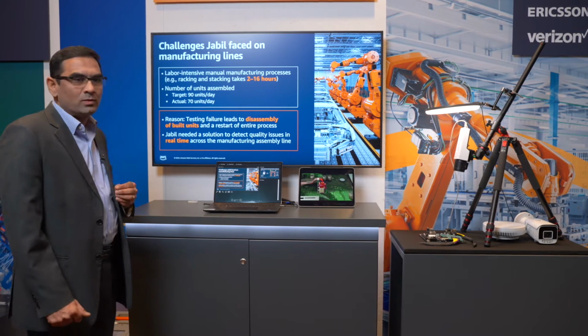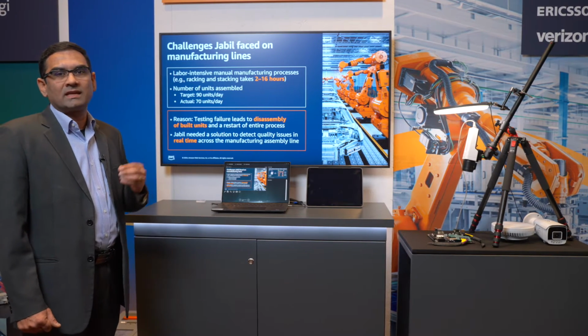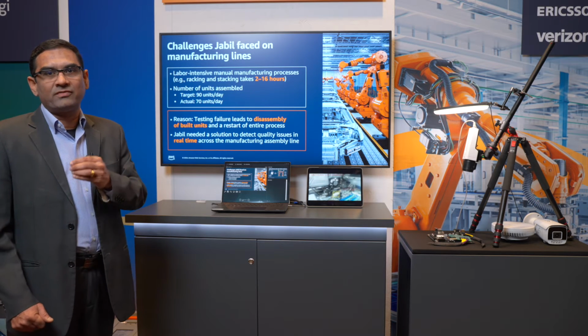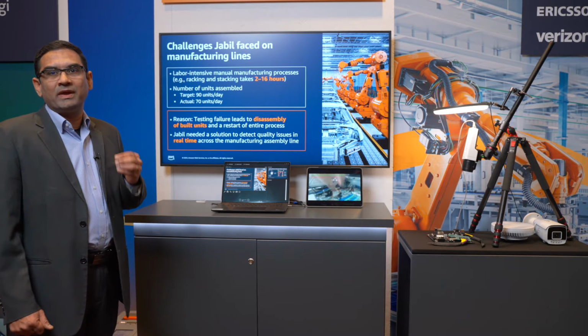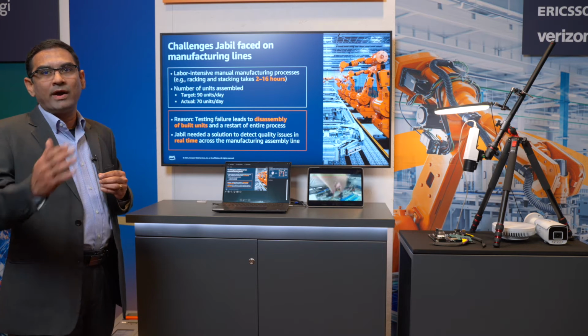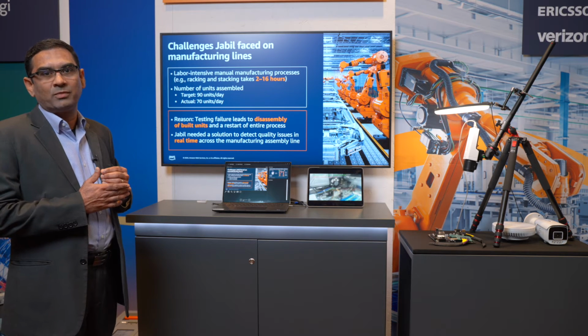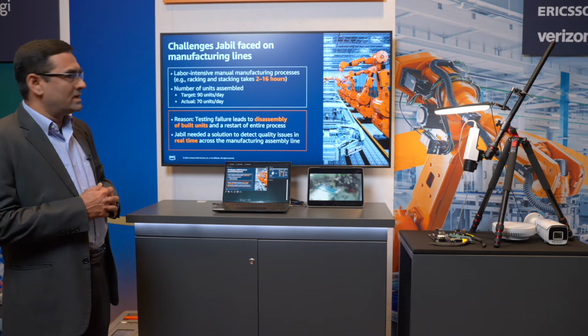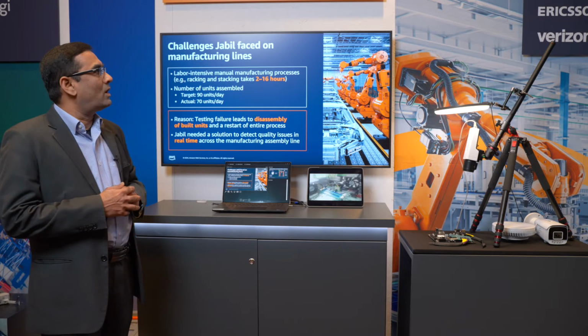The solution they were expecting is real-time defect detection in the manufacturing process, so that we can identify the defect at an early stage of production. That can avoid going back and forth on a production line and avoid the delay in producing more units, right? So what AWS along with its partner,